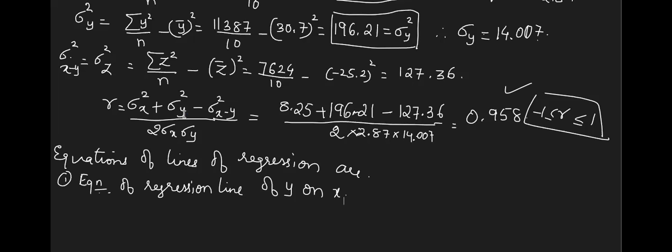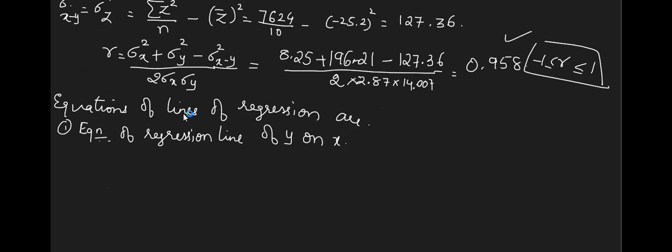Y on x. Repeat again what we discussed. Tell me the standard format. This is y minus y bar equal to, very easy. Easily you can remember. Y on x, so the y term will come first, then r. Y on x means sigma y by sigma x. Confusions are very less.